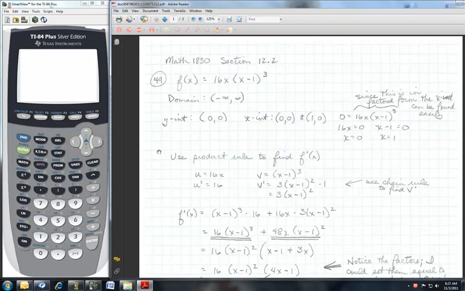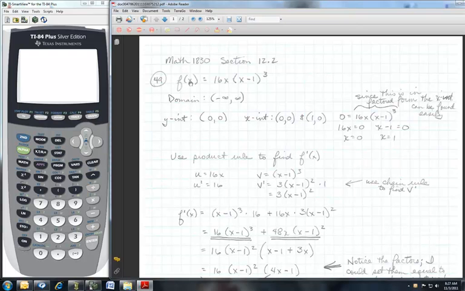Hello all. I've been asked to do a couple of problems out of section 12.2 and I just thought I would send it out to everybody. This is using the first and second derivative and then doing some graphing, which is what we end up doing in section 12.4. These problems are on page 645,